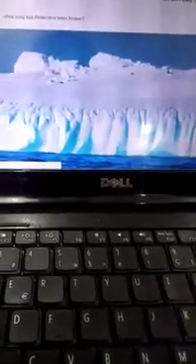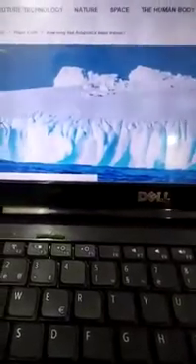Look at this, how Antarctica looks. The main animals that are present on Antarctica are penguins and polar bears. Many other animals which we have discussed in previous chapters are in the polar regions. So there are many animals, but the main animals that are present on Antarctica are penguins and polar bears.